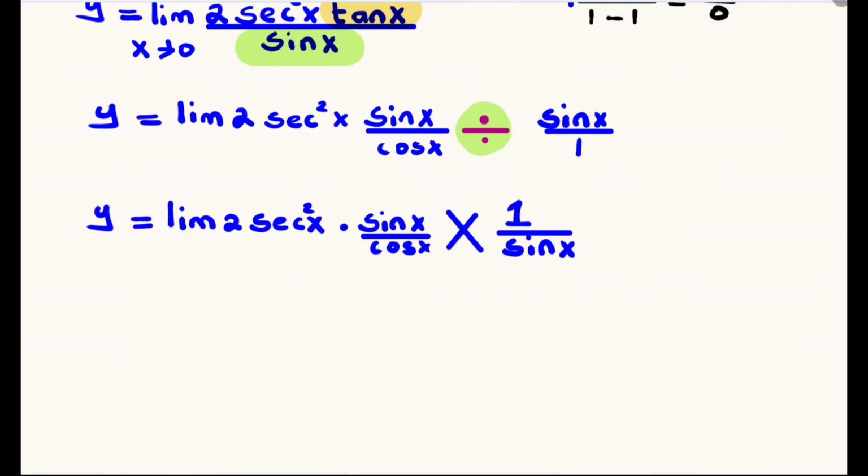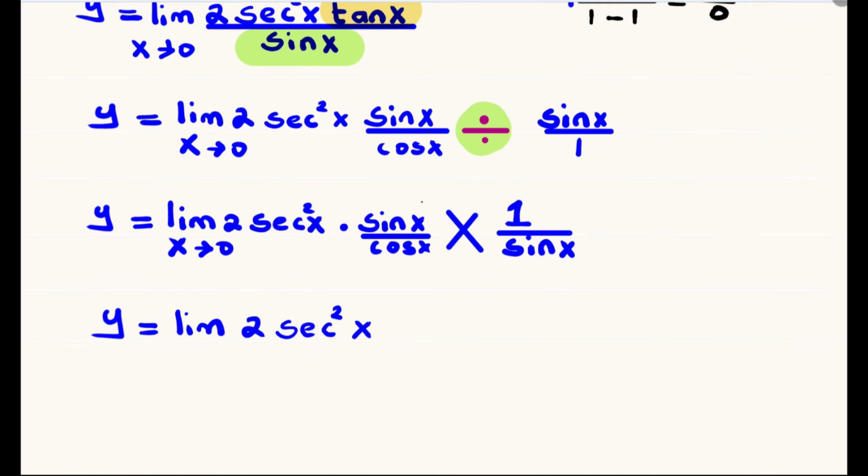and our y will be equal to the limit as x approaches 0. So we have the limit of 2 multiplied by sec squared of x, and that sin x and that sin x will cancel out, and we still have that 1 over cos x. So we still have 1 divided by cos x as our x approaches 0,